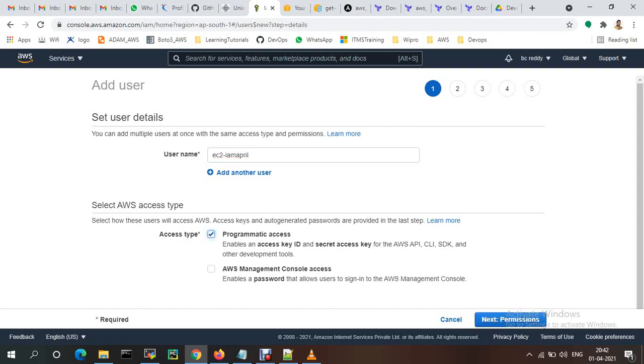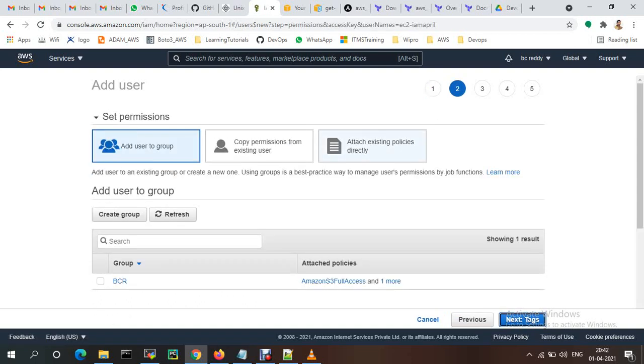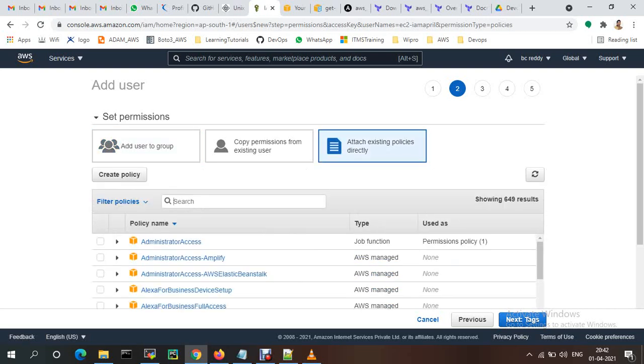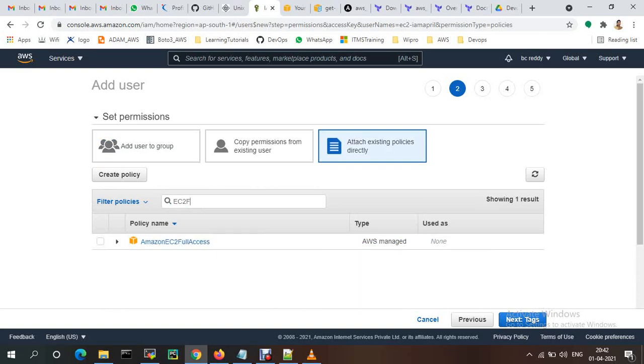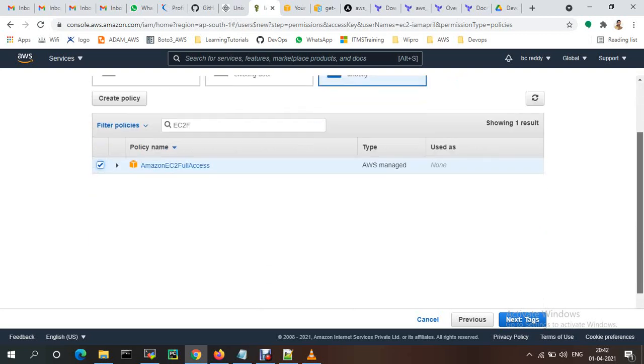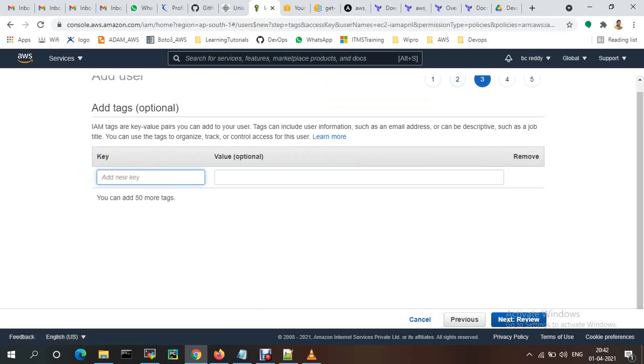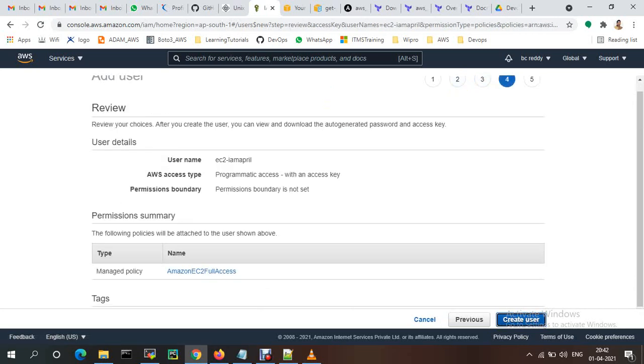I'm just giving programmatic access, attaching an existing policy, EC2 full access, and just creating the user.